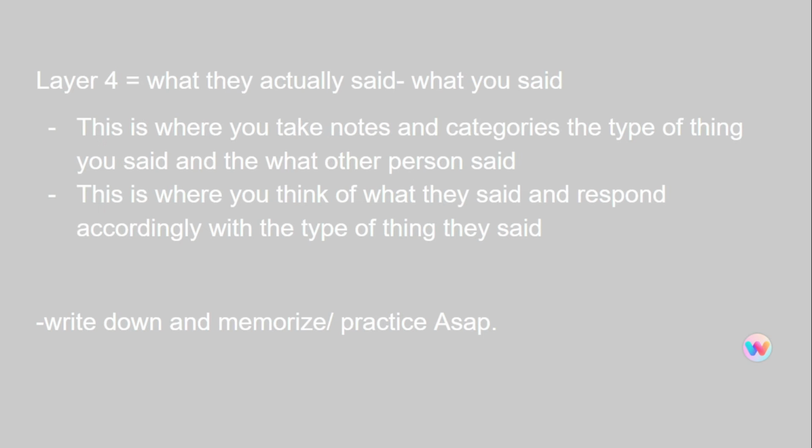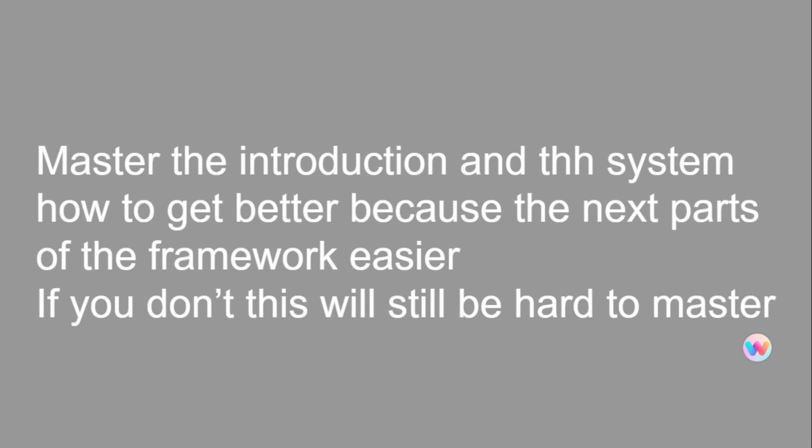This is the tedious part, but you have to think of this as boxing. If you get the jab down and then you get the 2 down, it's easy to know how to block a jab and block a right hand, or slip a jab and slip a right hand, because it's basically the same movements and same frames. It's all the same foundation. So if you master the introduction and the system, how to get better, it's going to make everything easier, because it's going to make the next frameworks easier.